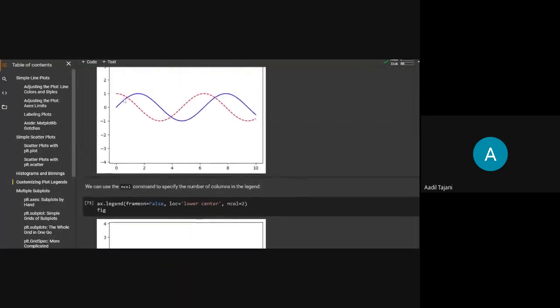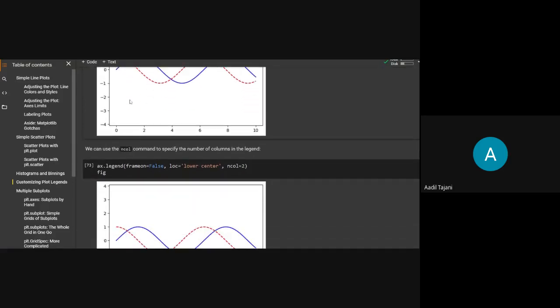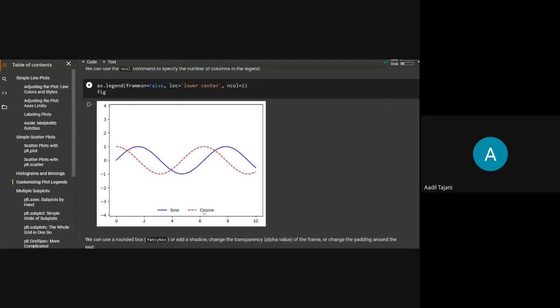Now, as you can see here, by default, it has given you two variables stacked below each other in different rows. If I want to show them in a single row, in different columns, then you have a variable called ncol, and you can mention how many columns you want to show your legend.